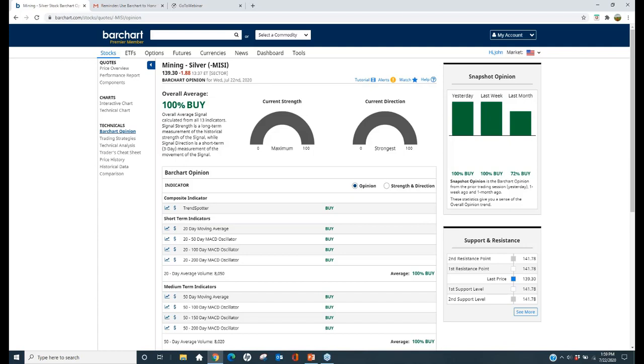This is all they do. They look at this wider net, they cast it out, they filter it down, and they look for some comparative analysis, strength in sector, strength in market. Now, I might not be trading silver mine stocks because I find them a little bit volatile, but then I could start looking at